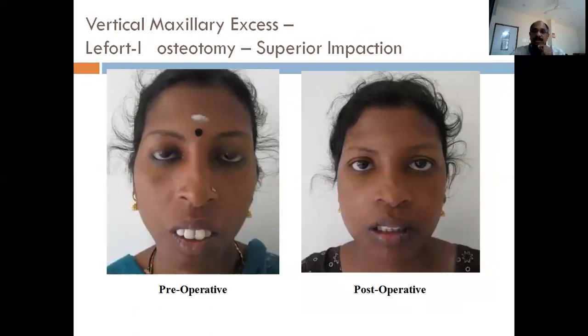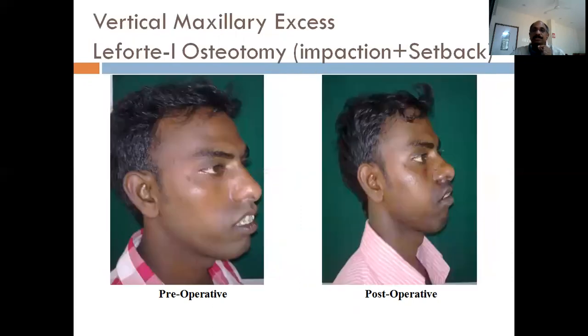Again, she is a sister from the nursing institute. And we had to combine both maxillary superior repositioning and some surgery involving the lower jaw also. We did both surgeries for the maxilla and the mandible, and we had taken the maxilla superiorly. And this is the pre and the post-operative picture. Again, same thing in the other patient, where it's a pre-op and post-op, taking the maxilla superiorly and slightly setting back the maxilla.